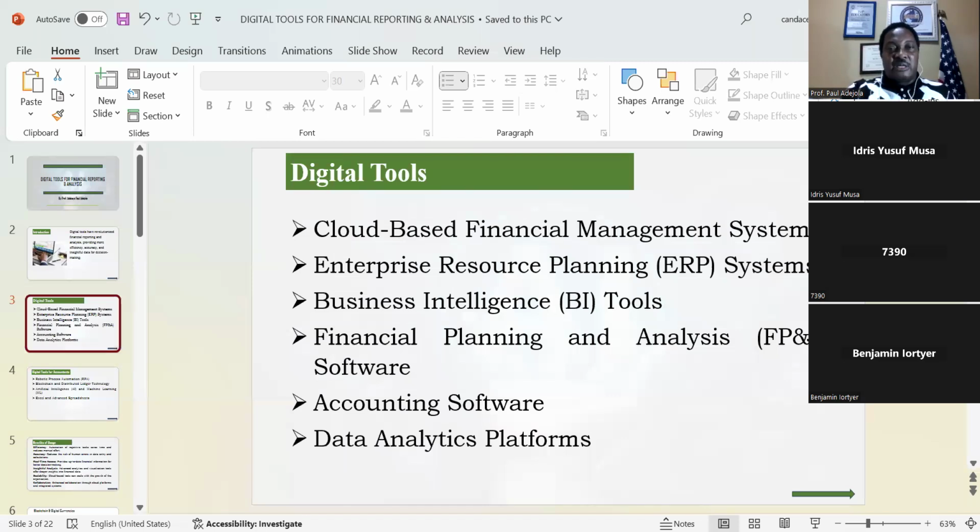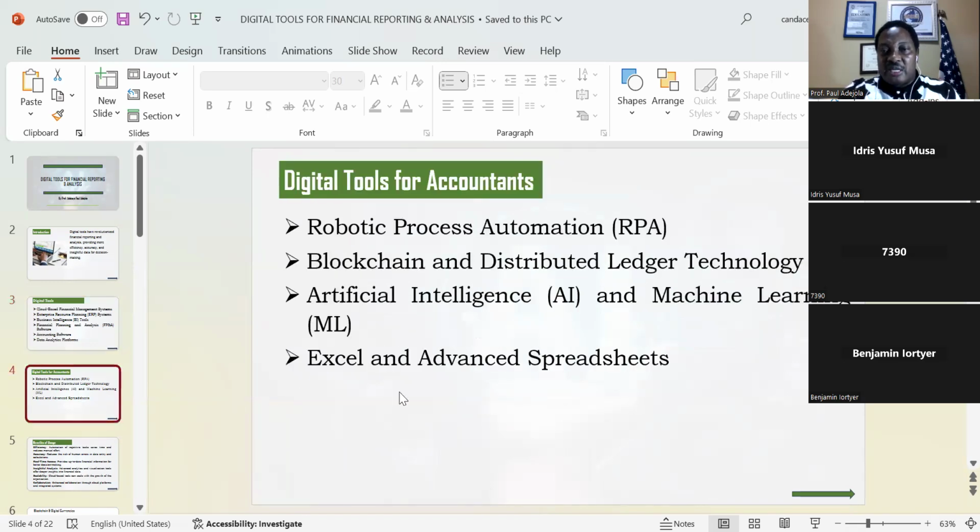Now, from our screen, we have the next one, robotic process automation. These tools, such as UiPath and Blue Prism, automate repetitive financial tasks like data entry.